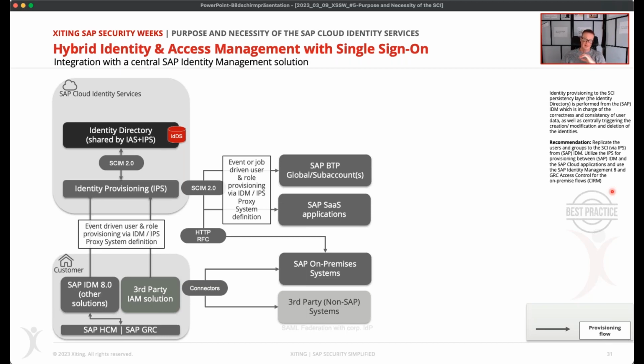So any SAP solution that is supported via an IPS connector can be operated as an IPS SCIM proxy system, meaning that even if your remote SAP systems, some SaaS systems, may not yet have a SCIM API, the IPS normalizes everything to the SCIM standard. So the identity management system can just talk to the proxy system.